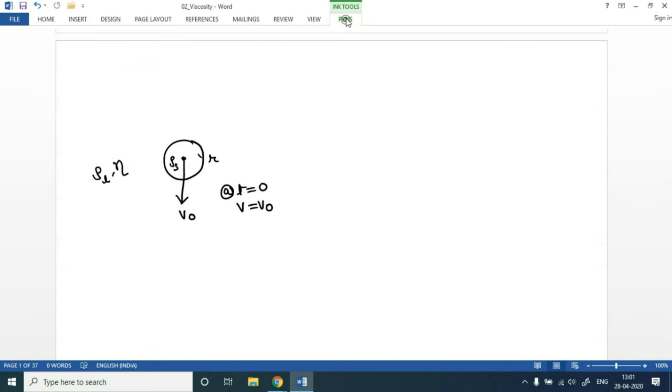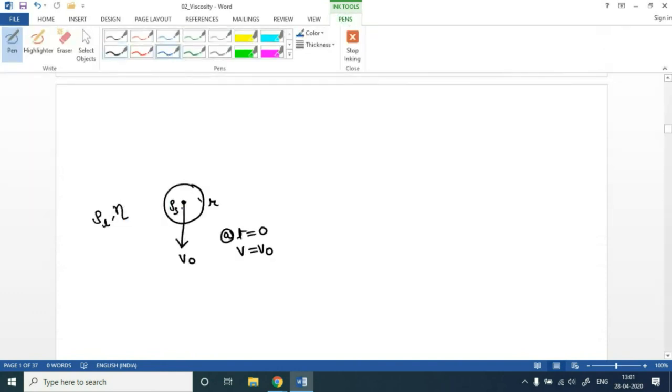Okay, so first of all, it would be experiencing its weight. Okay, it will be experiencing buoyancy as well, because it is inside a fluid. And apart from that, we have just studied about the Stokes law. Okay, it will be experiencing a drag which would be in opposite direction, Fd. The magnitude of these all forces,